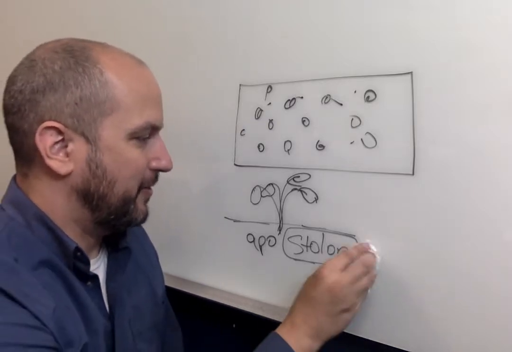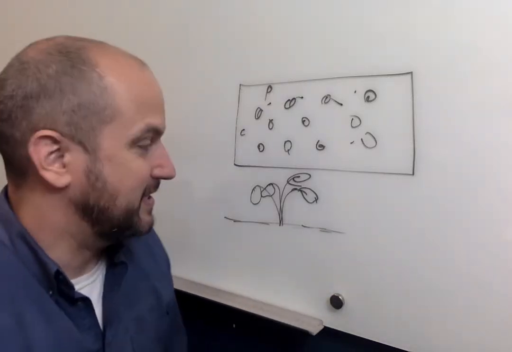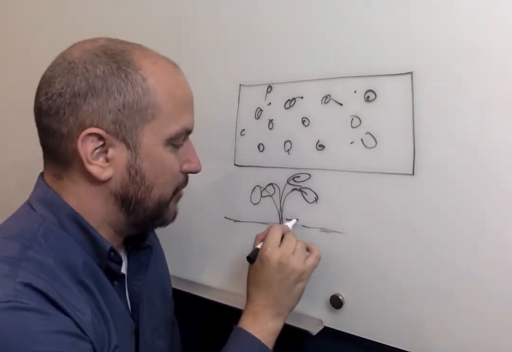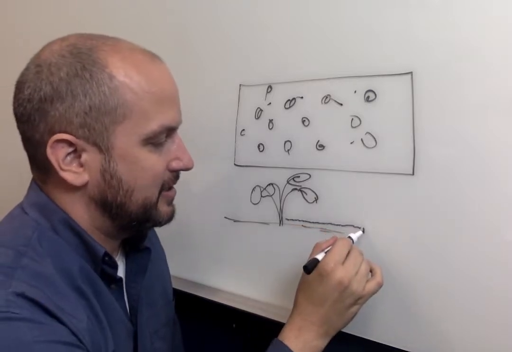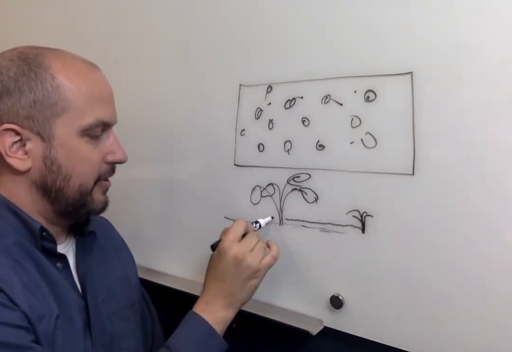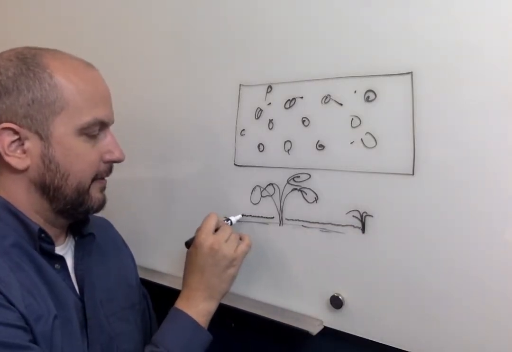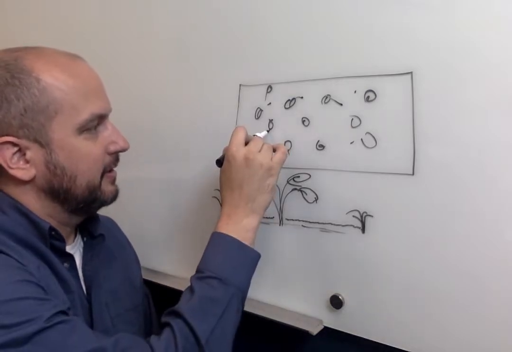Like what the Greek is actually talking about is sending people out in pretty much the same way that strawberry plants send people out. They send out a little runner, right? And it comes over here, and all of a sudden, it starts a new little strawberry plant. Right? And then they send out another runner over here. And all of a sudden we get a new little strawberry plant. And what happens